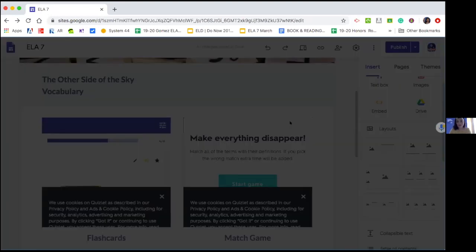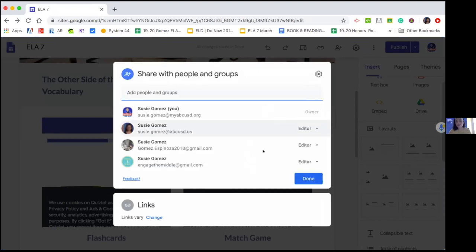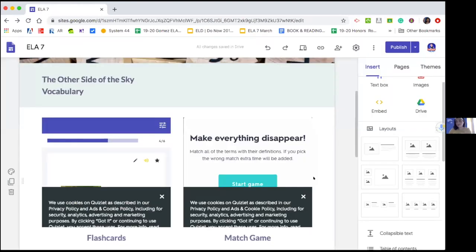I'm not sure why it does that. I think that some schools have restrictions on your website. So I shared it with myself and made myself an editor from my personal email. And from there, I can basically embed anything. So here's how you